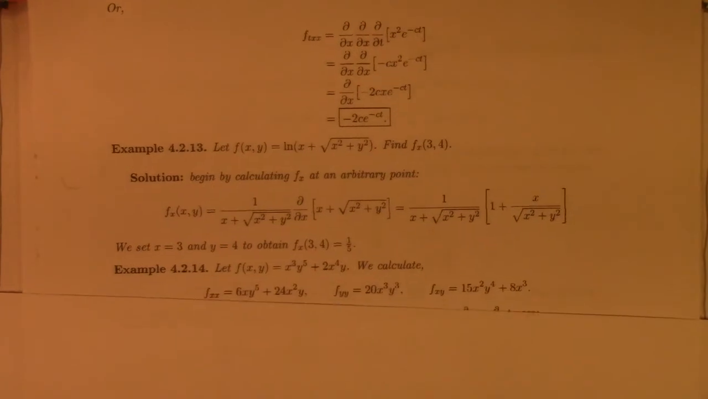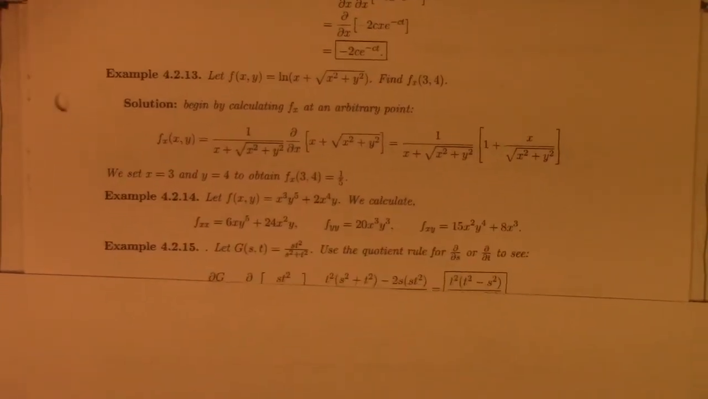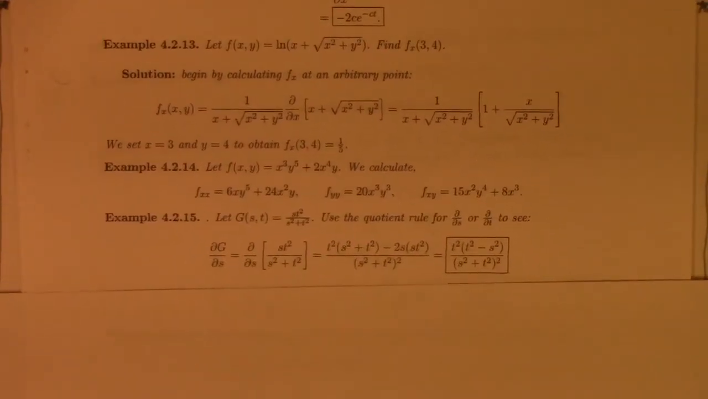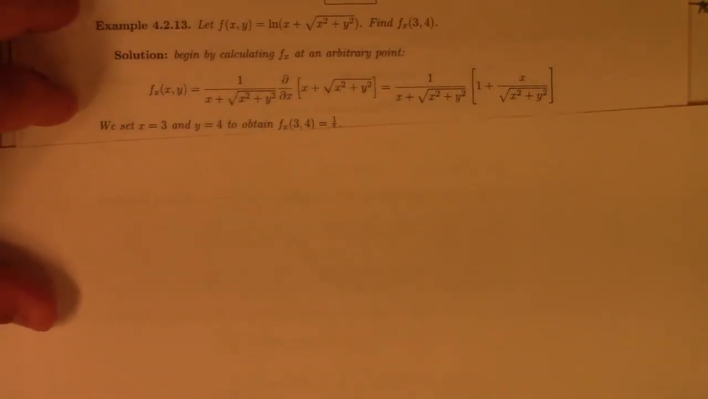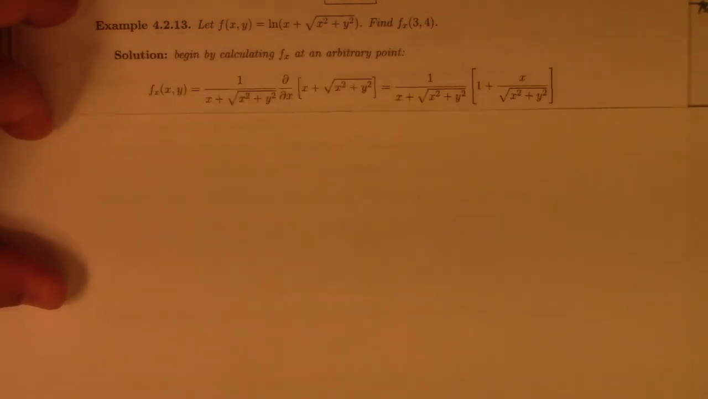This is a good example. This does something we haven't done yet in any of the other examples, which is calculate a partial derivative and then evaluate. So here I say find fx(3, 4). What that means is you calculate the partial derivative of that function with respect to x, and then you plug in (3, 4). So I start by calculating the partial derivative at an arbitrary point, which by the chain rule